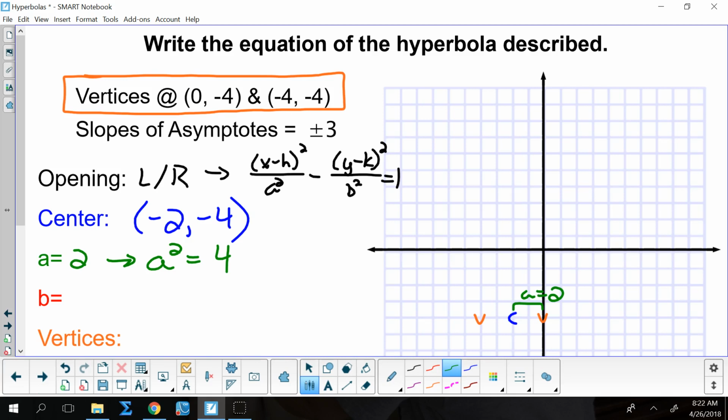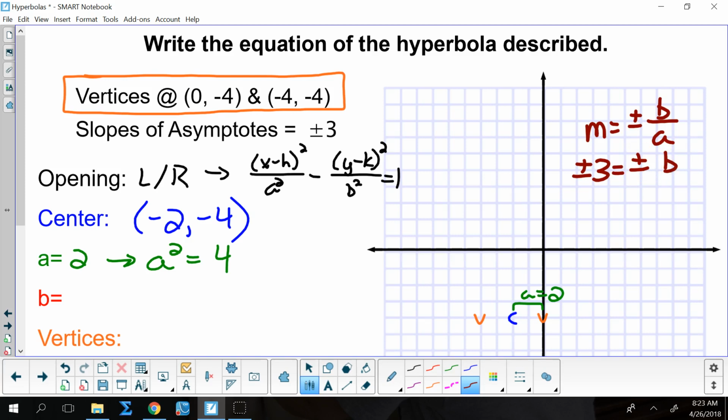Well, that's a great question. How do you want to find the B? How about C squared or something? Nope. Use the asymptotes? What about the asymptotes? Well, you know the slope is B over A. So the slope of my asymptotes is plus or minus B over A, isn't it? And the slope was 3, so it really was plus or minus 3 equals plus or minus